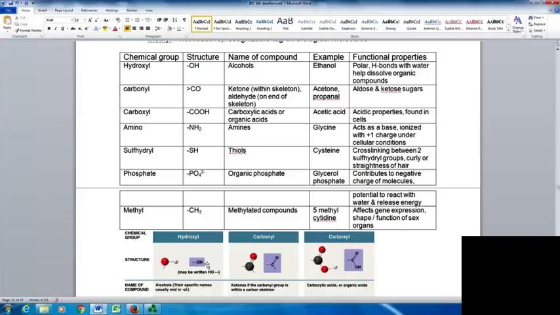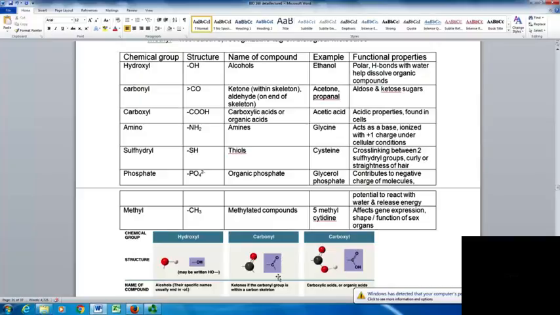This is something that the liver would use in trying to help to break things down and flush out toxic things in the body. It's a way to help make them more water soluble so that it can be flushed out through the kidneys. The carbonyl, here you're going to have a carbon with a double bond on an oxygen